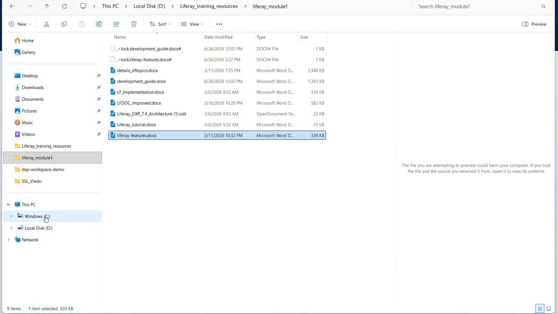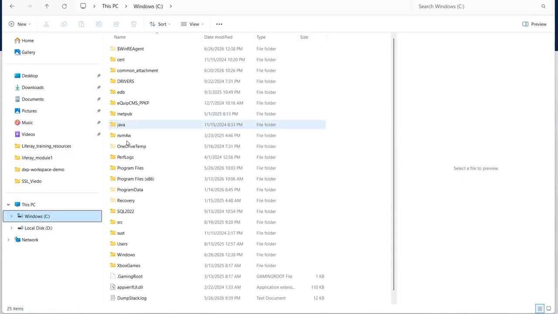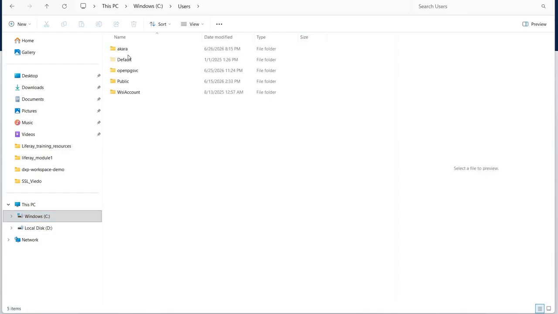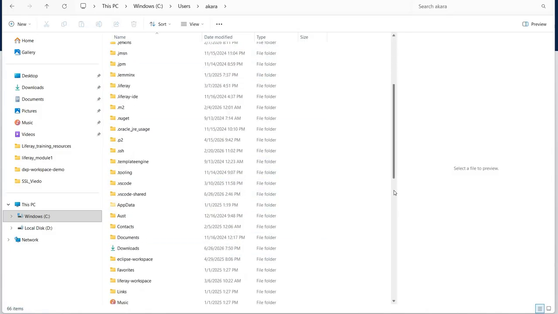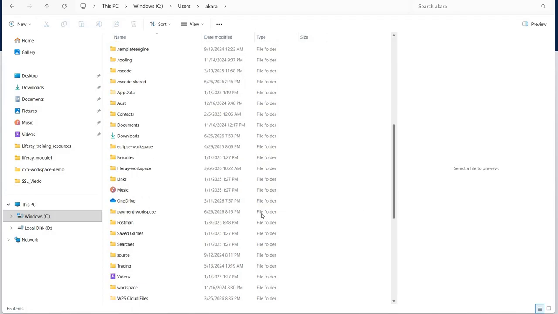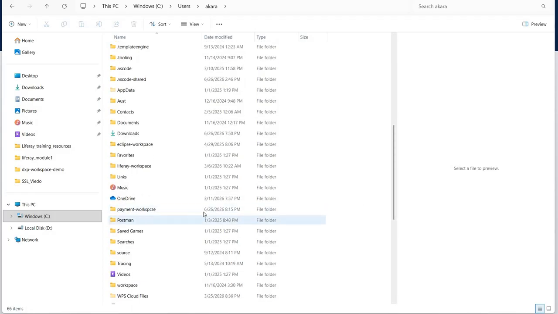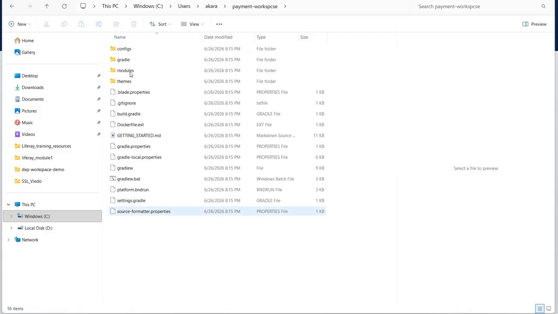Where I have created it, I have created in some workspace, users, AK, and here I have created somewhere that workspace. Generally we should not create here, but I have just created this workspace today, 6262026. When you go inside here, you can see a lot of files have been created